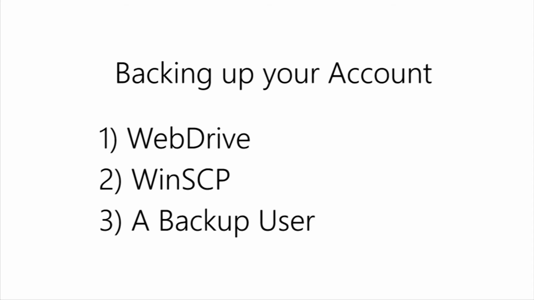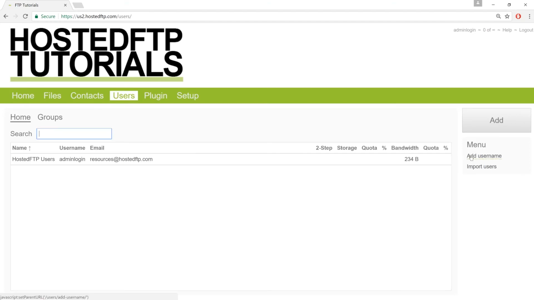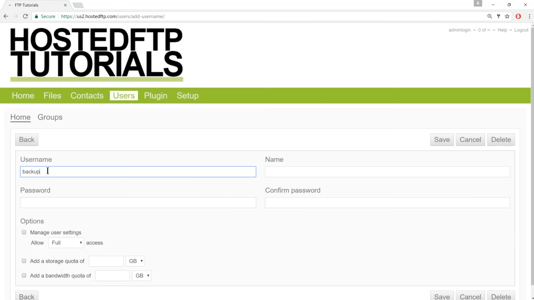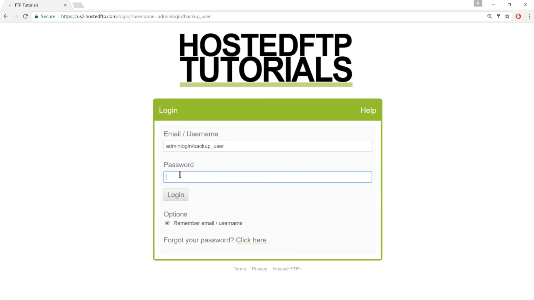Let's begin. Log into your admin account and create your backup user. Go to the Users tab and click Add Username and fill in the username and password. Remember these credentials because we'll be using it later in the tutorial. Do not give this user a storage or bandwidth quota. Save, and next, click Login located beside the user's username and use your admin password to log in as the